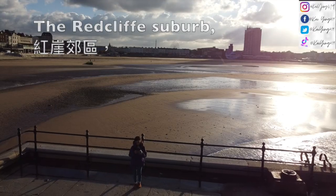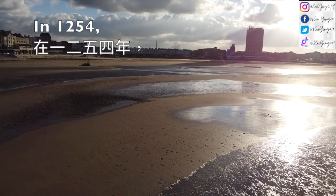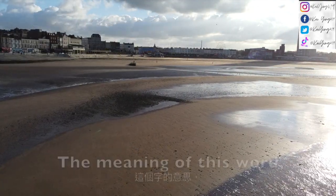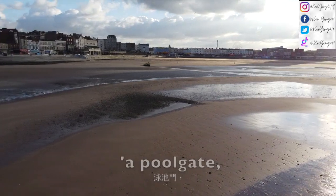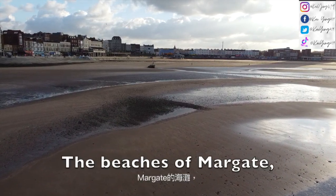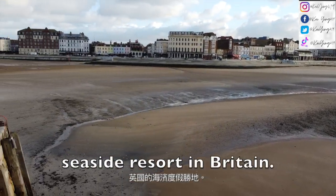The Reculver suburb of Margate was once known as Margate in 1254, but later becoming Margate from about 1293. The meaning of this word may be translated as a pool gate or gap in a cliff, where pools of water are found. The beaches of Margate in England made it one of the first seaside resorts in Britain,